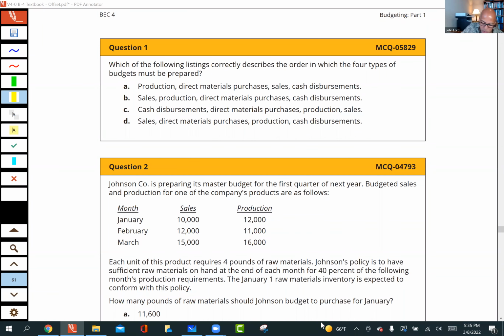The answer is B. The proper sequence, as we saw several times, is sale, production. Once we know we're going to produce, we know the direct materials that we need to purchase. And even though we didn't talk yet about it, you can't get there with anything other than thinking that you would start with cash disbursements, and see all of the choices have cash disbursements, but that's really part of what we're trying to figure out, is how much cash are we going to flow to a cash budget here, and that discussion here in the next module.